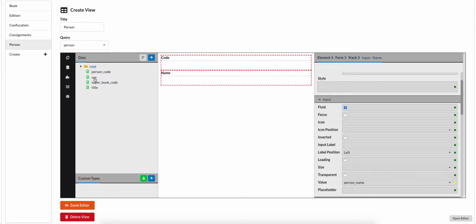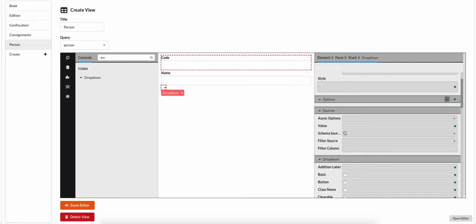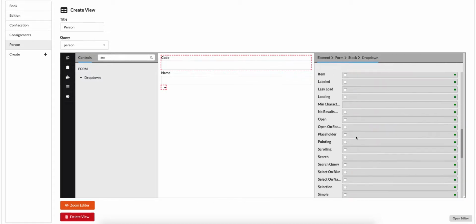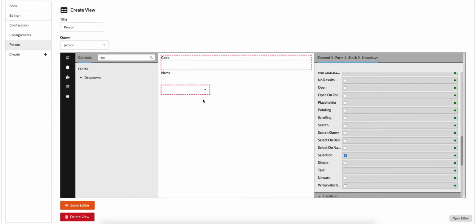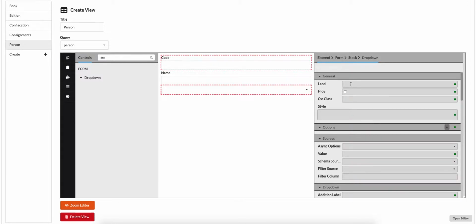The sex field is probably best specified as a selection field. So let's go and find a drop-down control, and let's drag and drop it onto our form. There it is. We select it. First thing we want to make sure is that it's called selection field, so that it's rendered nicely, not just a simple drop-down. We also will make it fluid, the full width. We select it, we name it as sex,